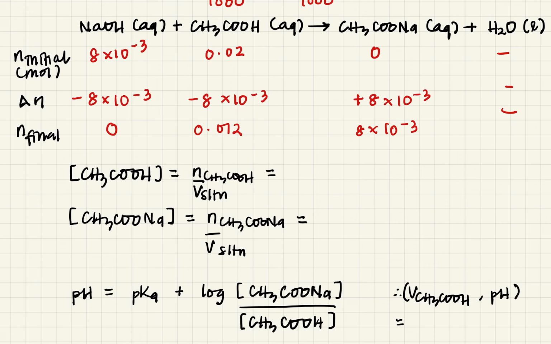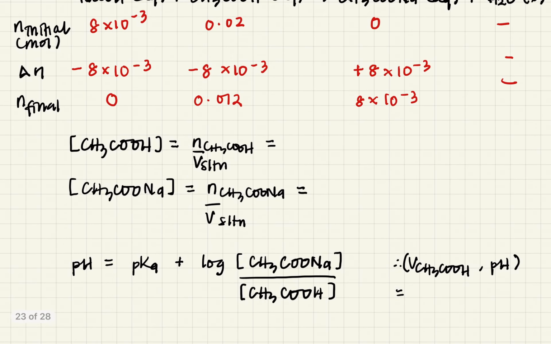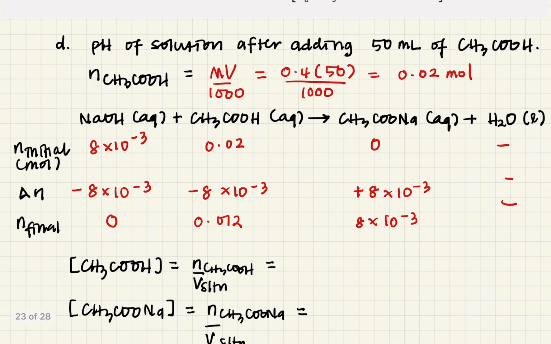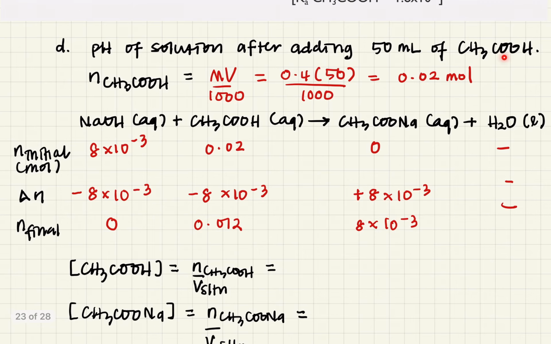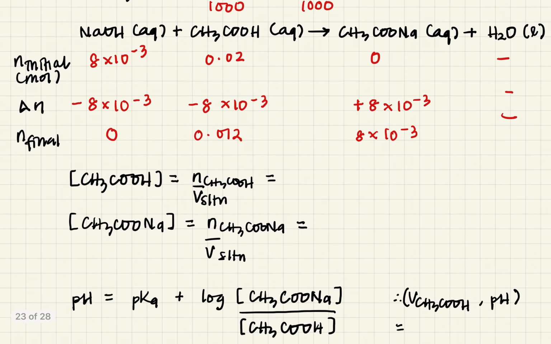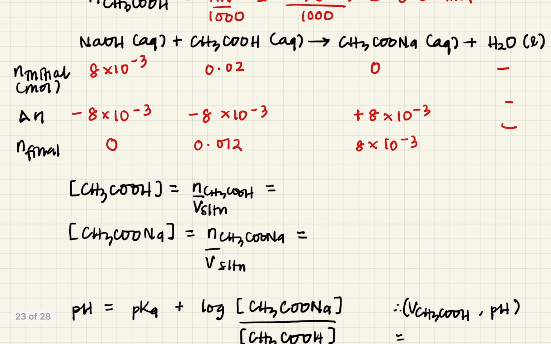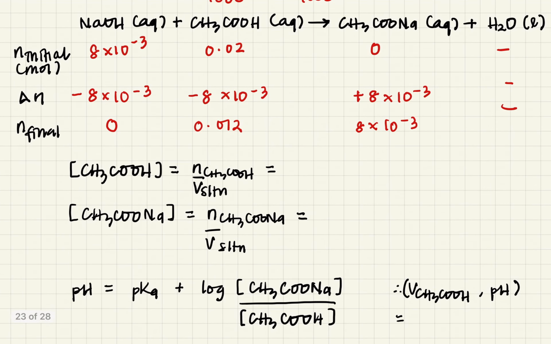Okay, so we're going to use the Henderson-Hasselbalch equation to find the pH value of this solution, after you add 50 mils of acetic acid. Alright, so okay, so masukkan the number of moles